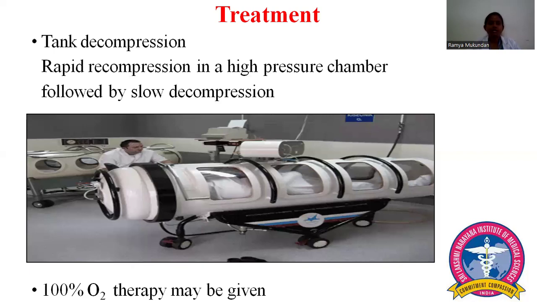First, when we think about deep sea physiology, we should know what the pressure changes are which happen at different depths of the sea. So at sea level, it is 1 atmosphere. For every descent of 10-meter depth, there is an increase of 1 atmosphere. So when we breathe in only 100% oxygen, when we descend down, it results in acute oxygen toxicity. Both acute and chronic oxygen toxicity occur. So to prevent that, we use a combination of gases, that is oxygen and nitrogen in the ratio of 20 and